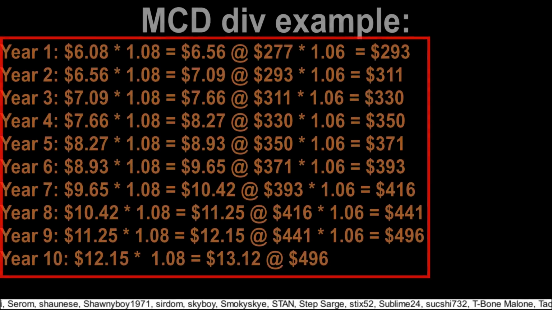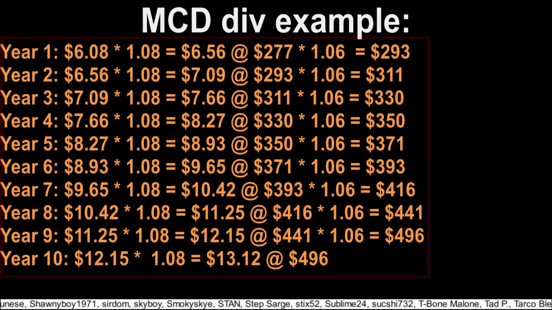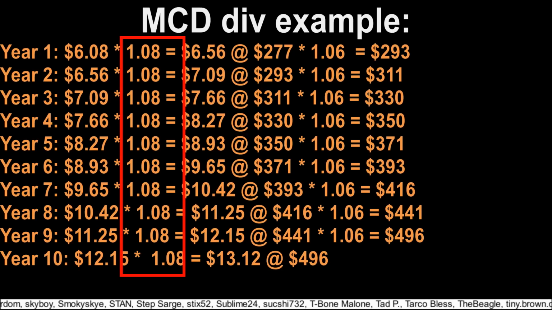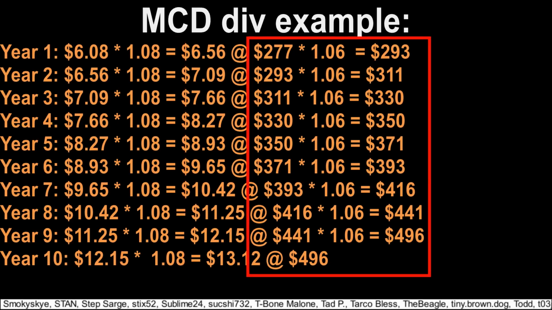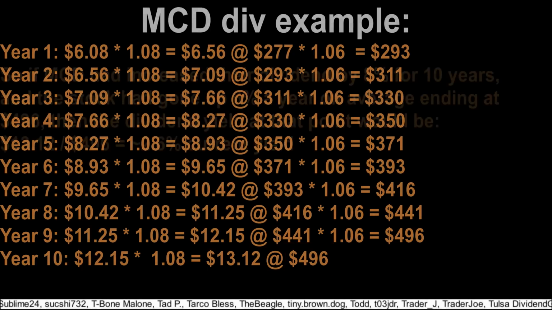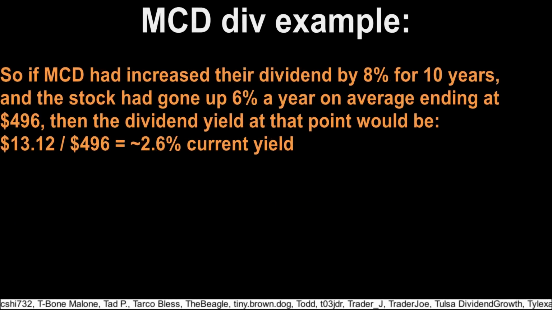Let's pretend 10 years goes by, and now McDonald's dividend has been raised to $13 a share, which means they've been doing 8% dividend hikes each year. And we'll pretend that the share price has been going up a bit slower at a 6% increase each year. That means the share price would be at $496 a share. A $13 dividend when McDonald's is at $496 means a 2.6% current yield, so a $100 investment would yield $2.60